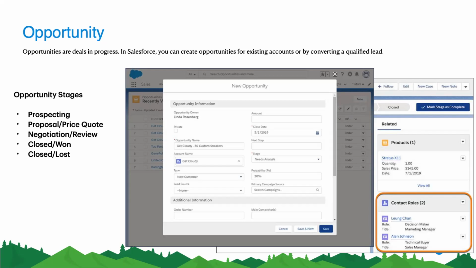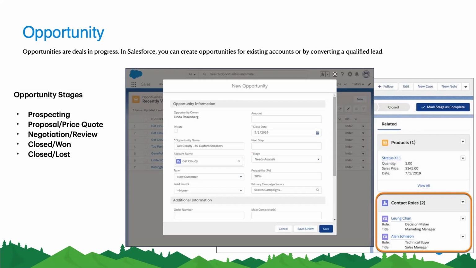So the way we talk to the decision maker and the way we talk to the technical buyer is going to be different, right? So that's why we are capturing all this information, right? In order to do all these things, you don't need to do code development. It's all point and click, right? So when your manager asks, hey, have you talked with this customer, you can go and see the customer contact role and you can call and talk, right? Likewise, you need to have all the information about this opportunity within the same record or related to the record,